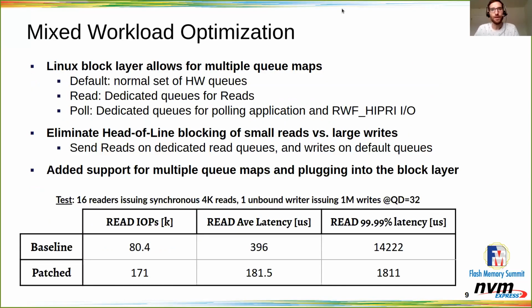Now, the first optimization that was done is to address mixed workload. As we said, head of queue blocking could be apparent in the case where we have a large write coming from the host that needs to be sent on a queue, and the host finds itself sending a large message, because NVMe TCP defines the messaging on top of the TCP stream. And then, behind it sits a small read that cannot make forward progress until this large write actually completes, if it happens to be on a single queue. So this problem is apparent, and the mitigation starts with